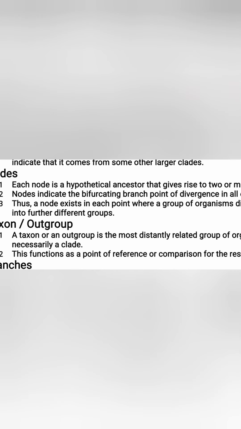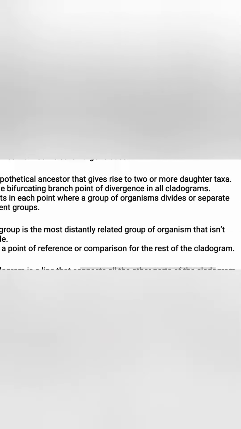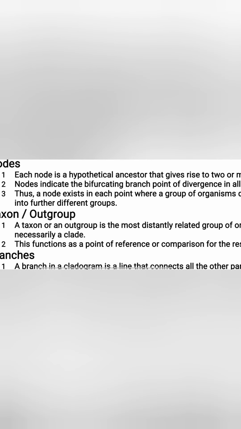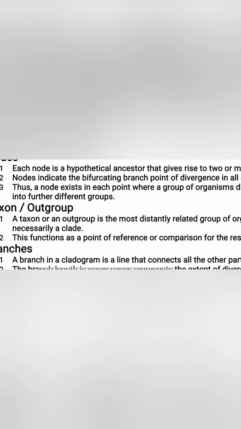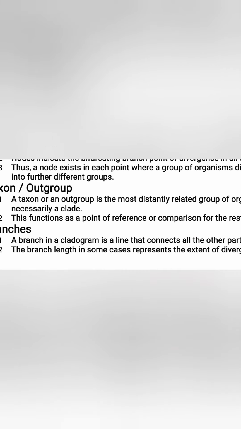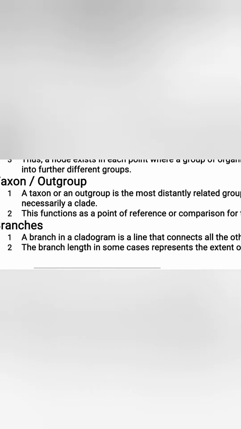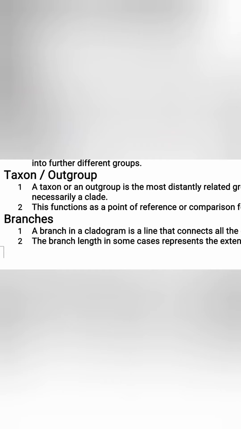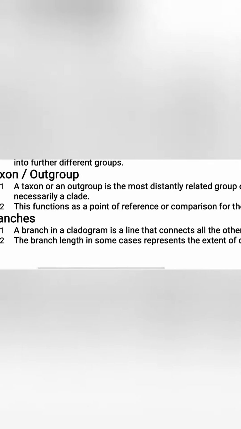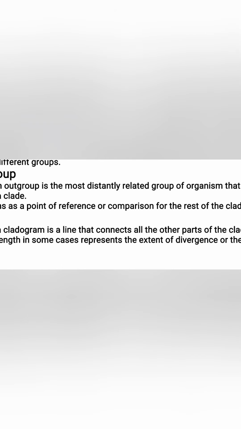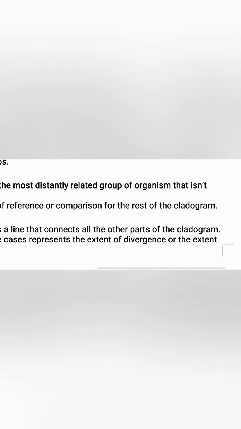A node exists at each point where a group of organisms divides or separates into other different groups. It means the node is the point from where species split up into different groups. Then the taxon or outgroup, as I earlier explained, is the most distantly related group of